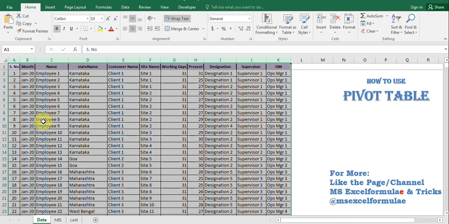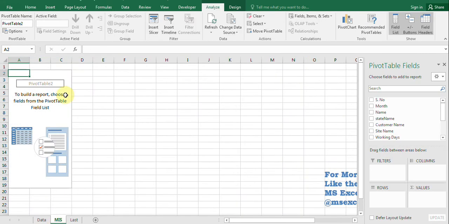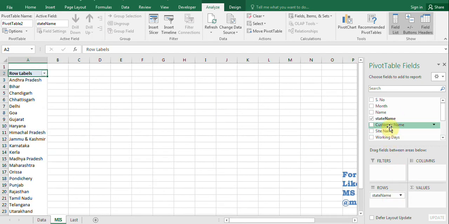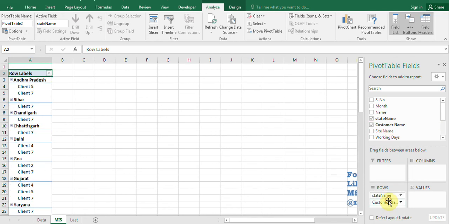In this data, I am going to show you in how many states, which client, or how many clients have how many employees. That data I am going to pull and show you. So this is the table. Now as I said, state, client, and the employees.